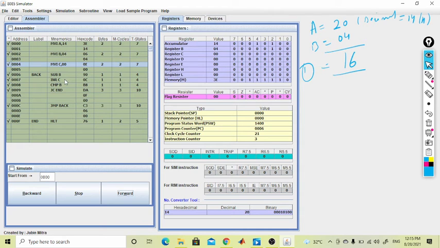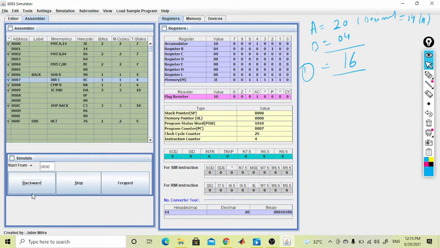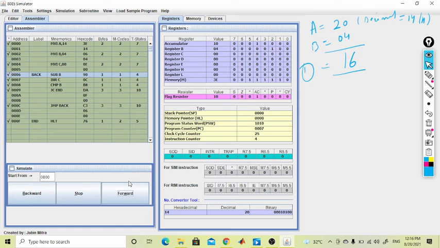Again we move forward. Now we are giving the command for subtracting B. So you can see after subtraction the accumulator has the value 10. Now increment C, so C is incremented by 1. This means the first subtraction is done.